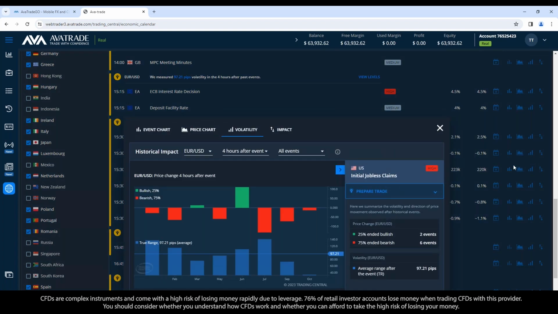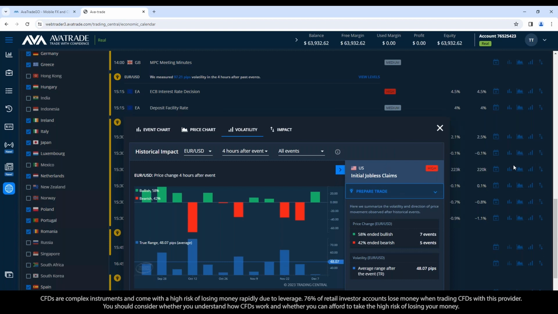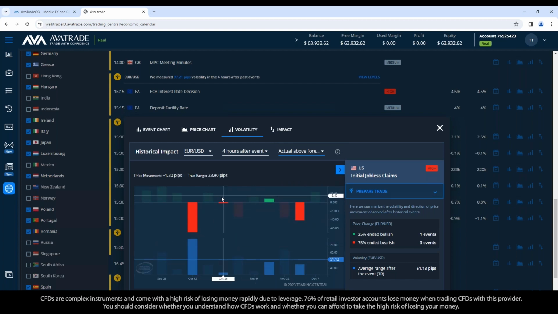And so if we take a look at what's happened in the past around these announcements, if this comes in above, and by the way, this type of data, unlike the interest rate data, almost always comes in above or below expectation rather than at the expected number. It's hard for it to hit the exact number. Sometimes it does, but you'll see above forecast, 3 out of 4 times, the movement dropped.